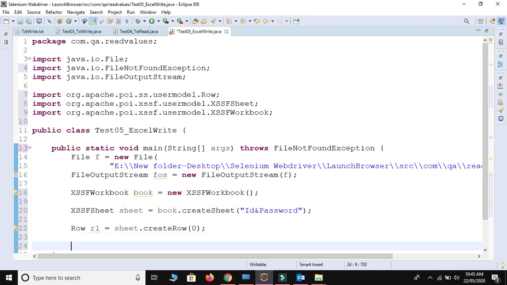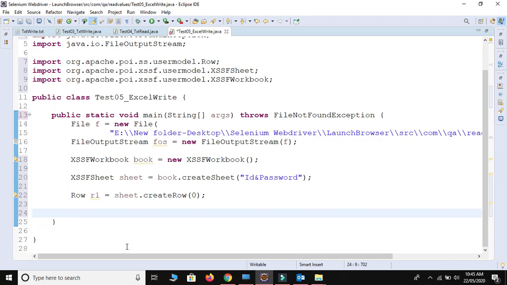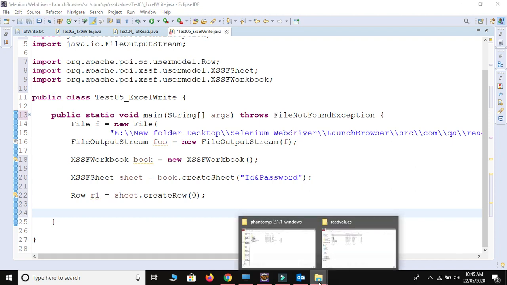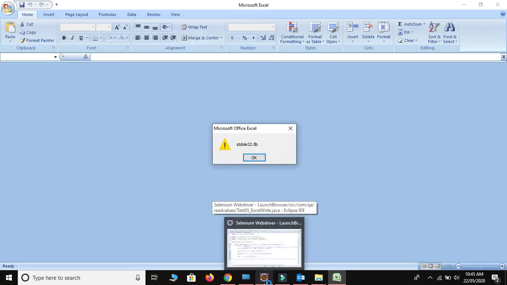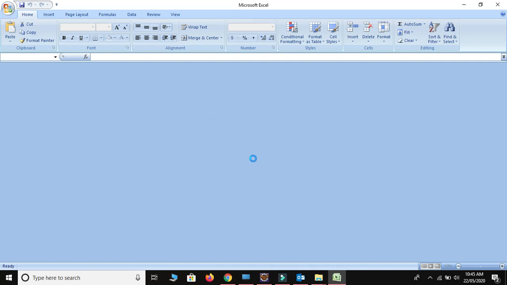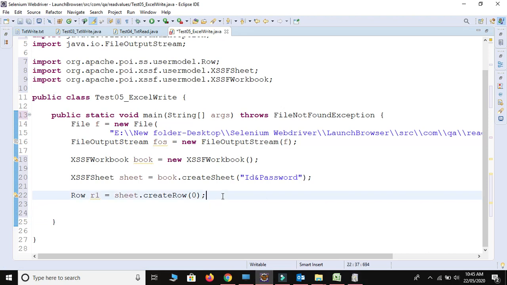And then inside the row we have different cells. Let me open the sheet, I will show you. Each and every book contains some n number of sheets. Inside this sheet we have different rows and cells. So we have created a row inside this sheet and a sheet inside the book.